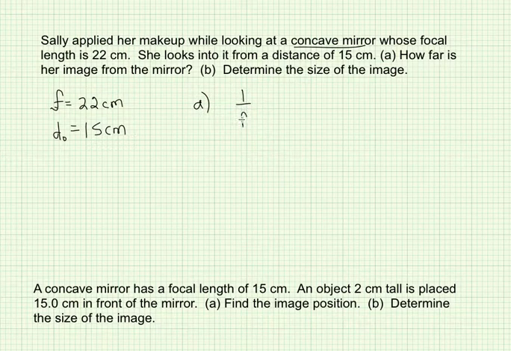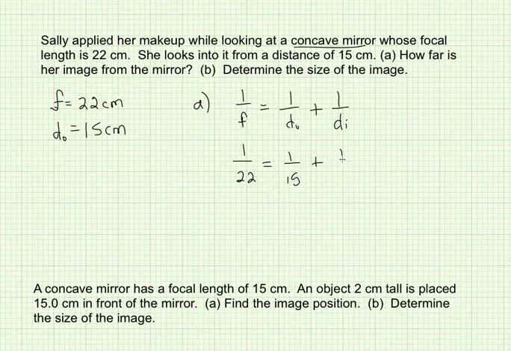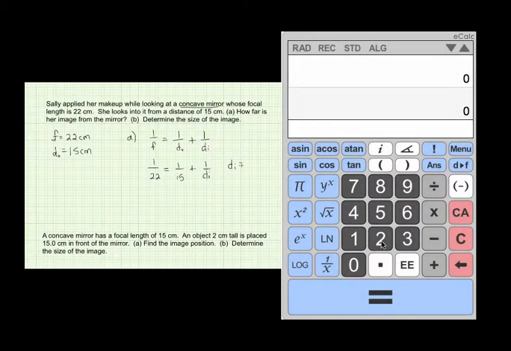So using our mirror and lens equation, plus 1 over DI, let's go ahead and plug in our values. So I have 1 over 22 equals 1 over the object distance, and the object was 15, plus 1 over DI. Let's solve for DI. I'm going to start with the focal length. So my focal length was